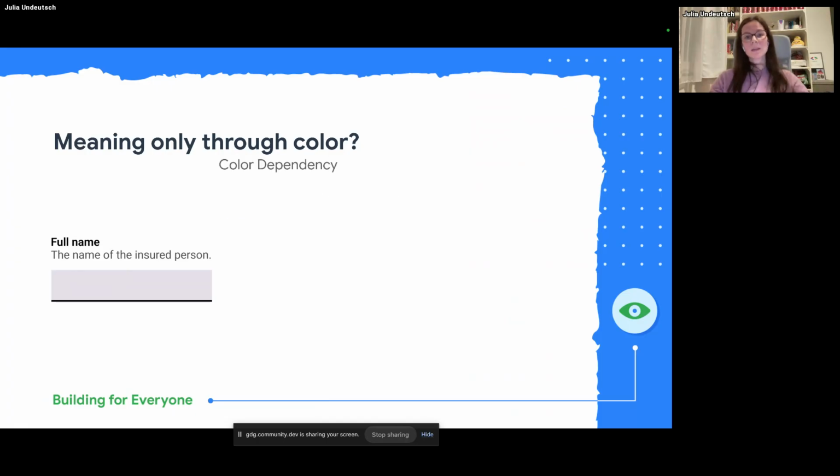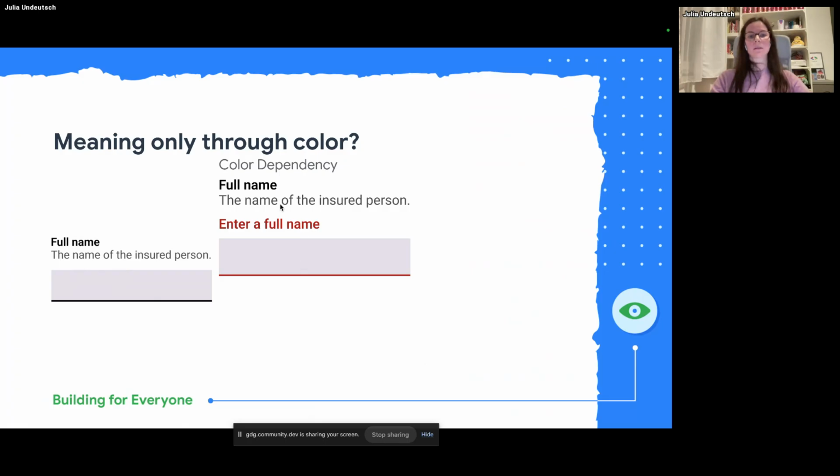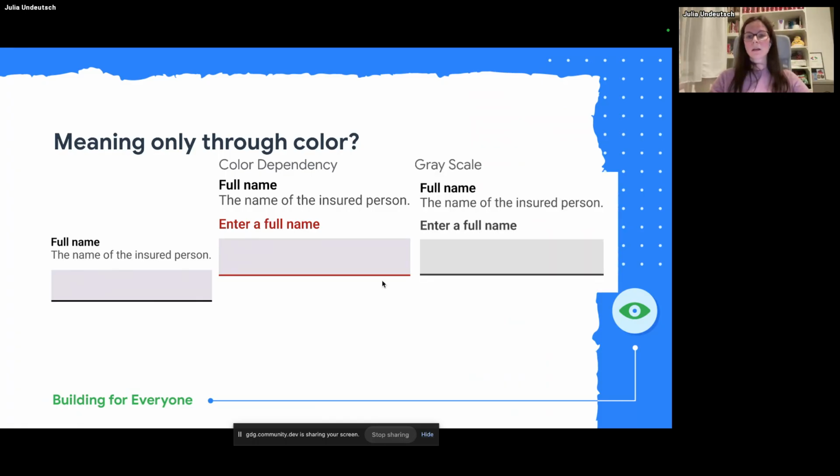when it's color dependent, it could be looking like this. Okay, compared to the previous version, there's now the text, the full name, but actually this could also still be kind of a label for the field. It's red, and the underline now also turns red. But when we look at this in grayscale, then for me there's actually no difference. I cannot see that this changed from the dark black. I cannot remember the previous version already because it's updated. And as I mentioned, this could now also mean that this is the label and not that there is an error.